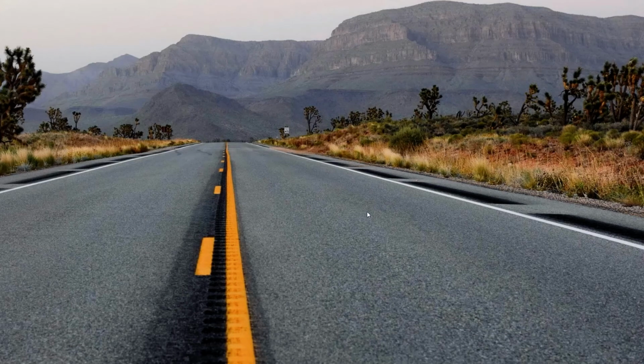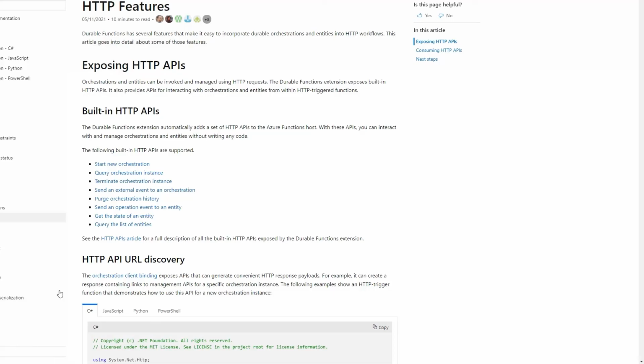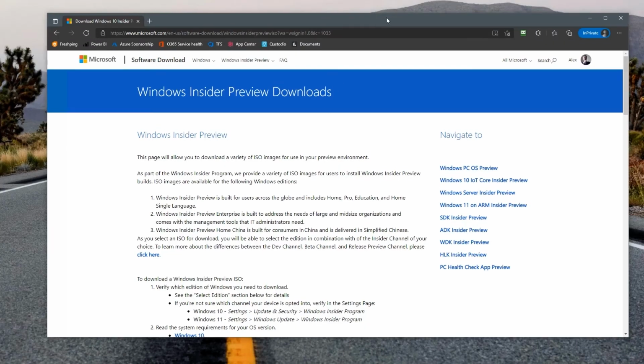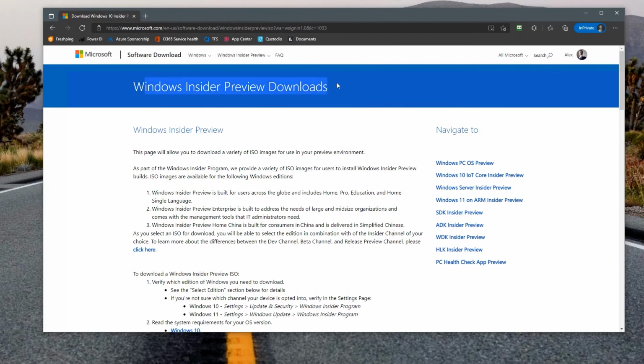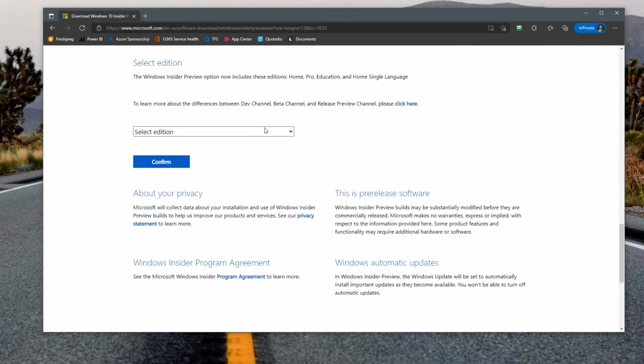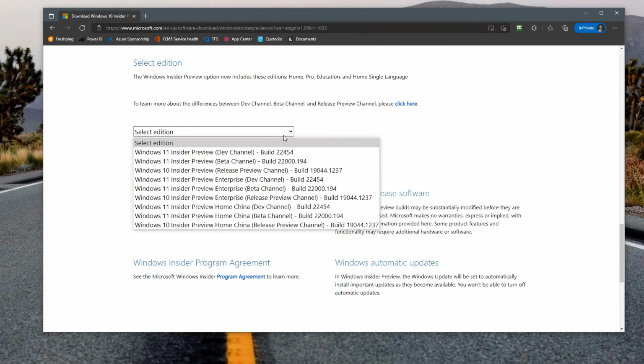And the next and the last step would be the installation media download, and in order to do so, you just need to go to a respective website. Over here, Windows Insider Preview Downloads, and I will leave the link to this website under the video. And if you scroll a bit down, you should be able to see a drop down that allows you to select the respective build. I'd recommend you to select either beta or release preview channel build, because those are normally more stable